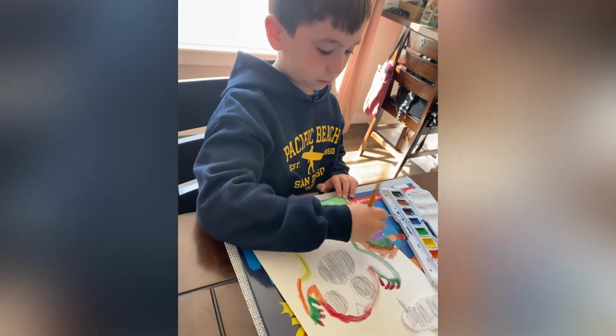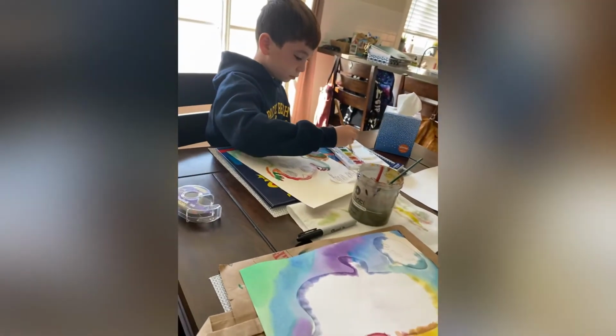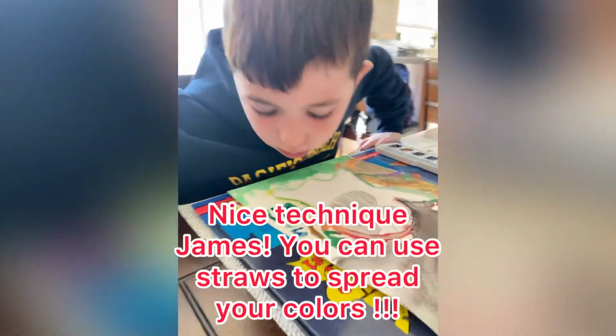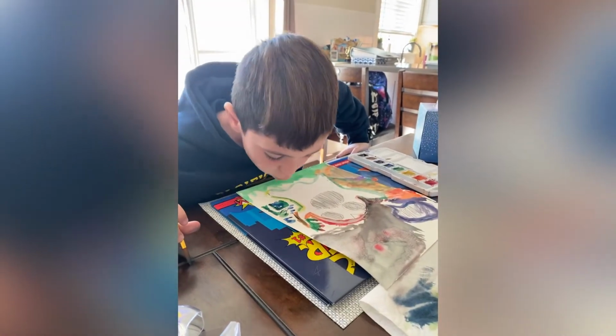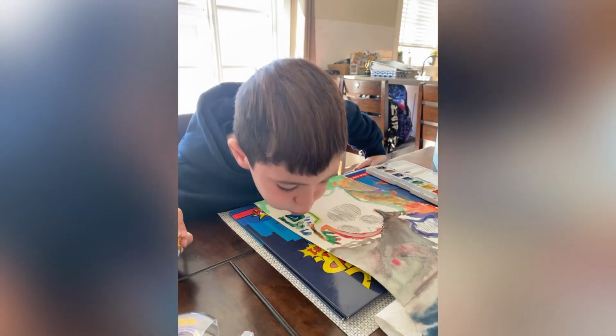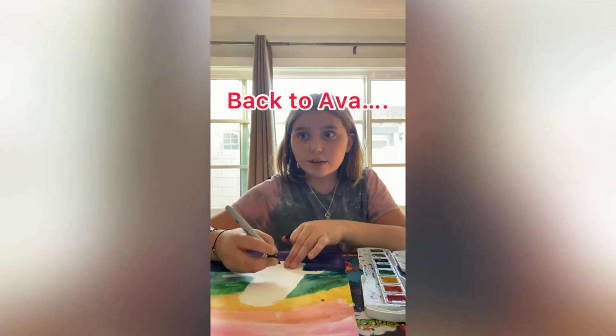Oh, you used brown. I haven't used brown yet. Makes it really pretty. Yeah, it does. So right now we're going to be drawing on